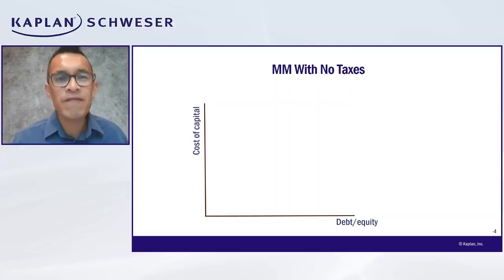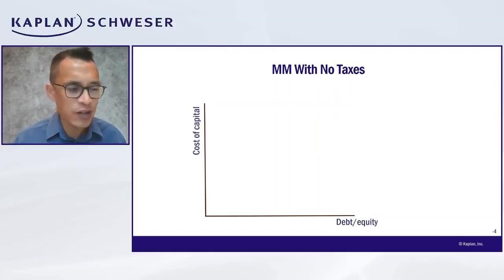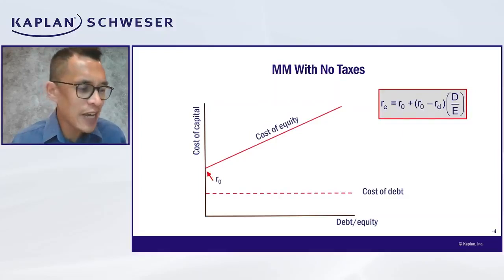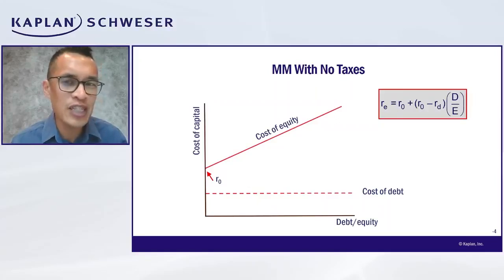So here's a graphic of everything we spoke about in the previous slide. Okay, so as you can see in this diagram, the cost of debt, right, stays constant. What happens here is there's an upward sloping straight line, and so that is to indicate here that the more debt there is in the capital structure, the greater the cost of equity,